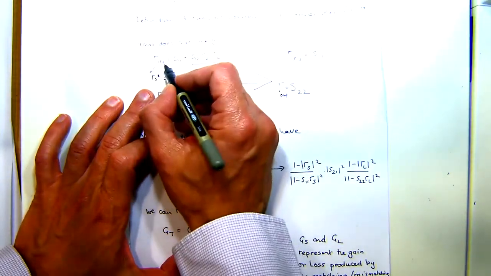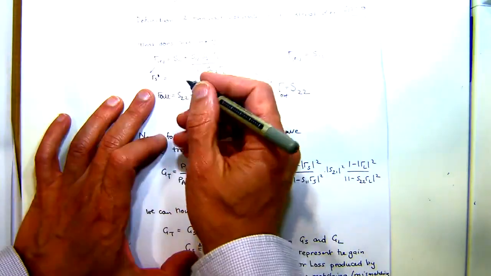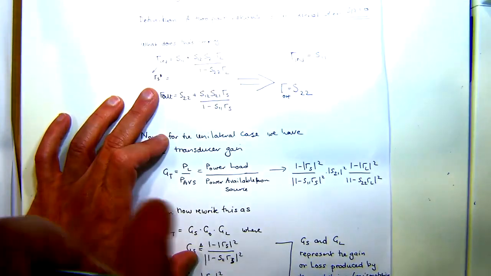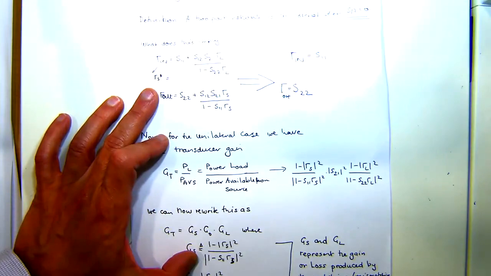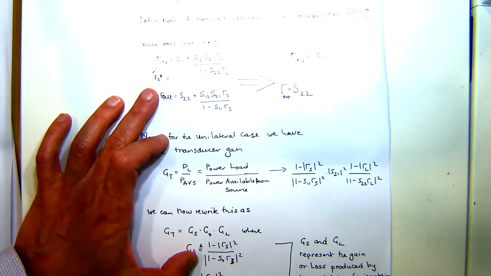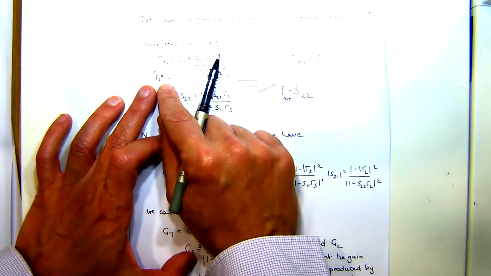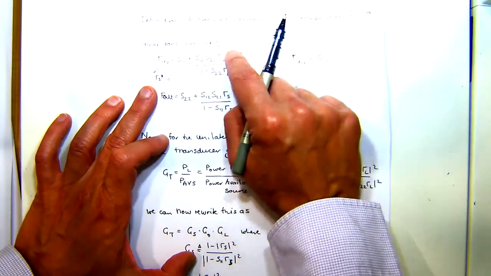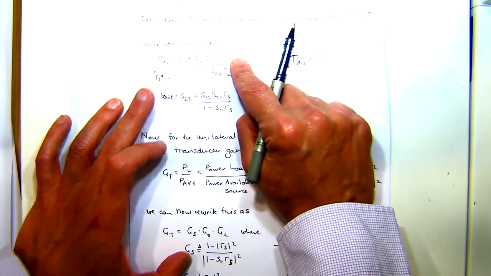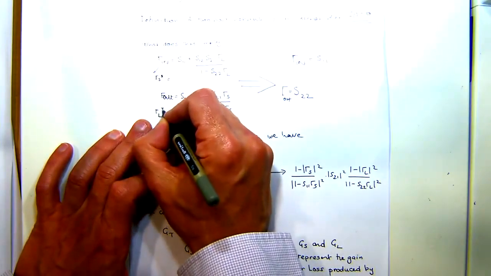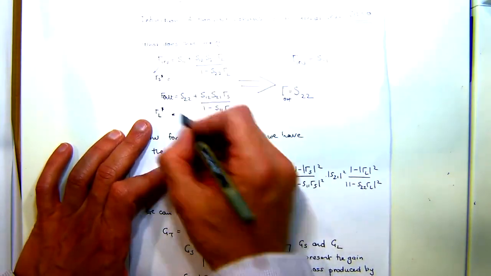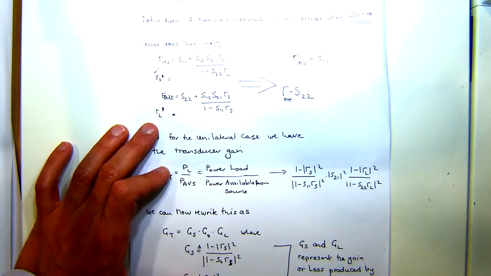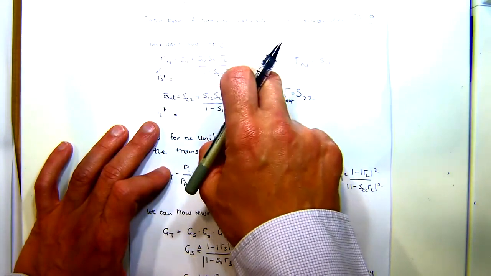So in order to get no reflection, for conjugate matching you want the source reflection coefficient to be the conjugate of the source reflection coefficient. Essentially, gamma S is a formula S11 plus something that depends on gamma L, and likewise gamma L is something that depends on gamma S. That's the reason we're using the unilateral approximation,